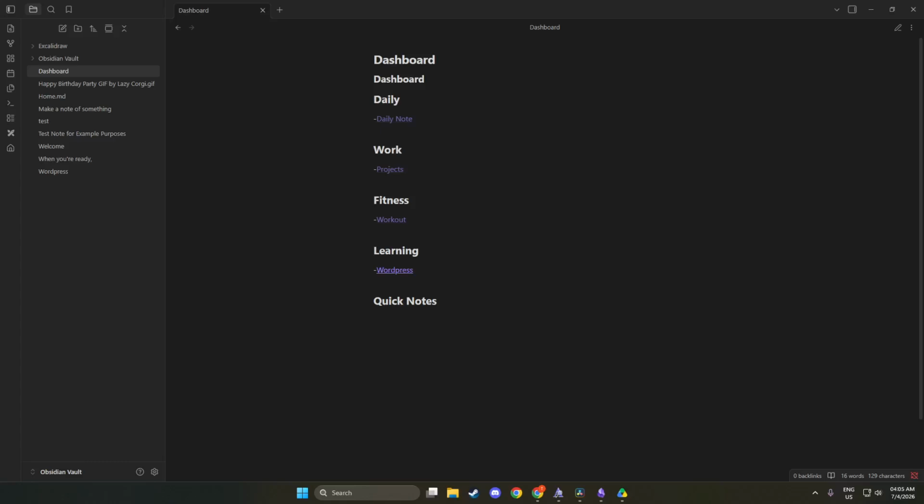In today's video, I'm going to teach you how to change vault location in Obsidian. First, let's get started by clicking the vault icon located in the bottom left corner of the Obsidian interface. This icon is critical as it serves as your gateway to managing your vaults.